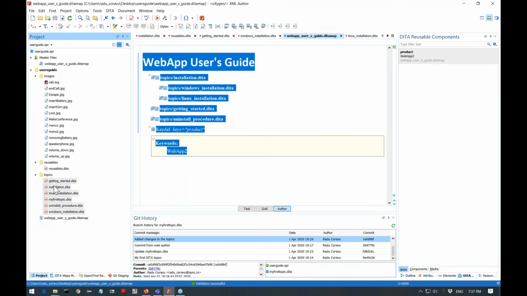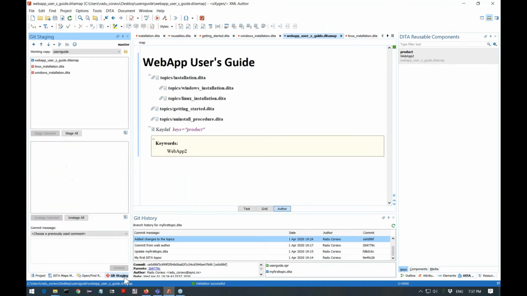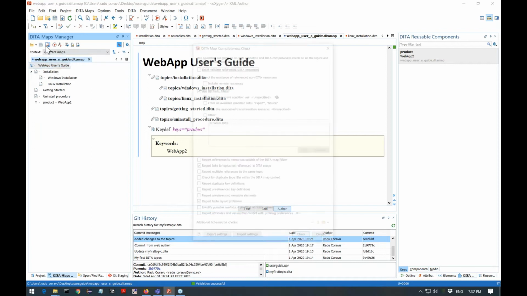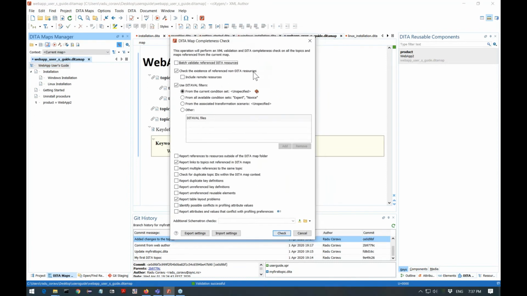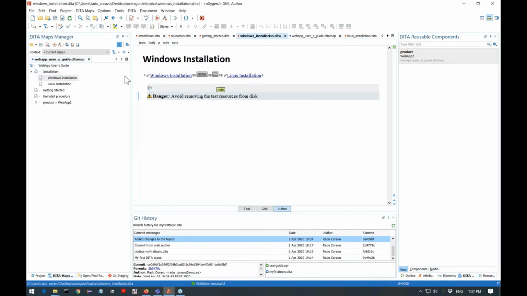So now I have all my topics in the topics folder. The Git staging has again been updated to reflect my changes in the local copy. How do I check that my project is valid? I can use the DITA map validator completeness check for this, and I can click the check here, and it goes through all the topics and makes sure that all the links